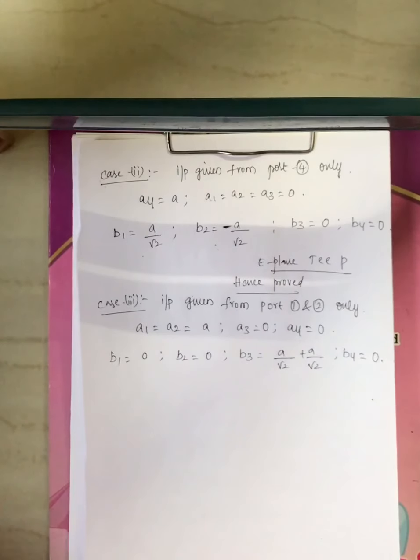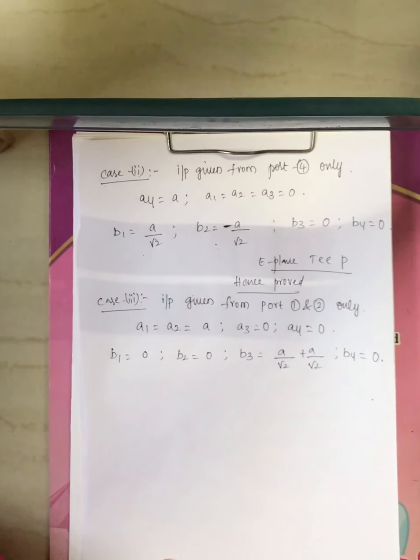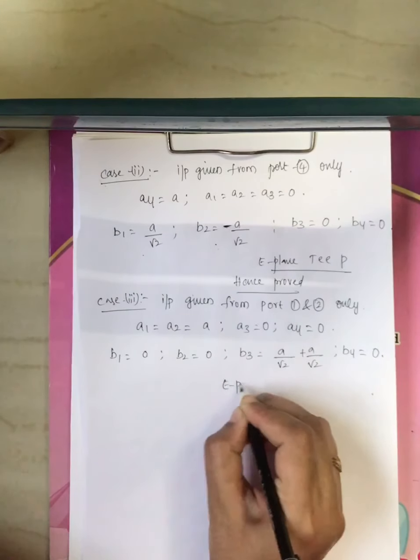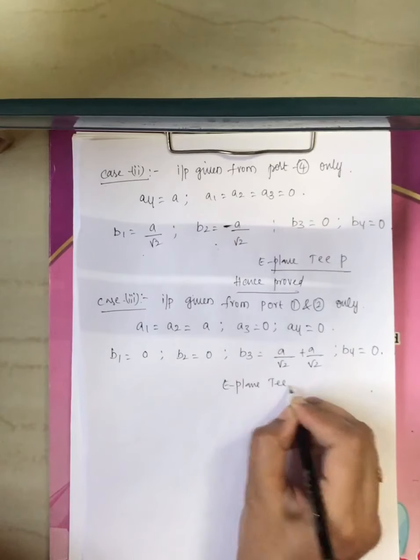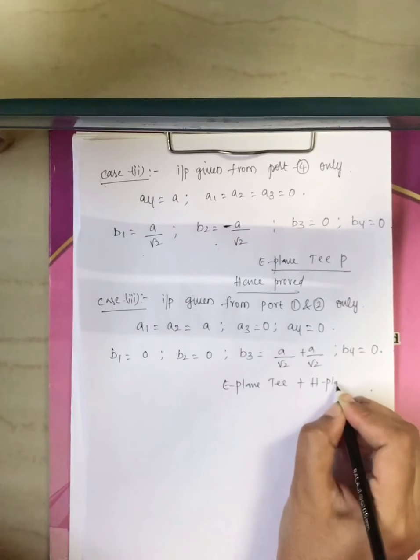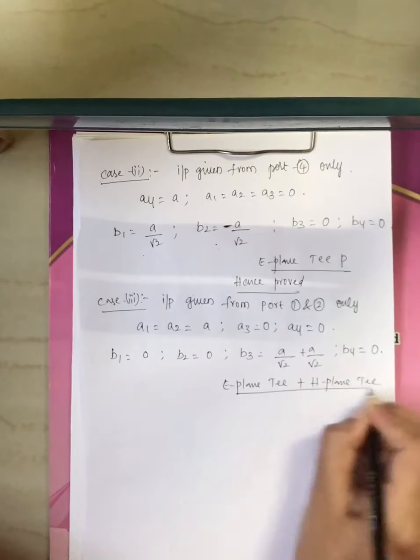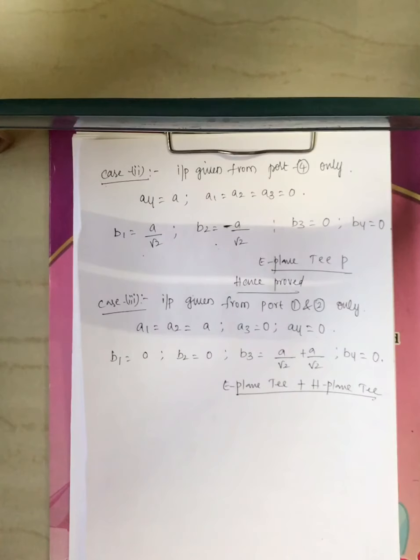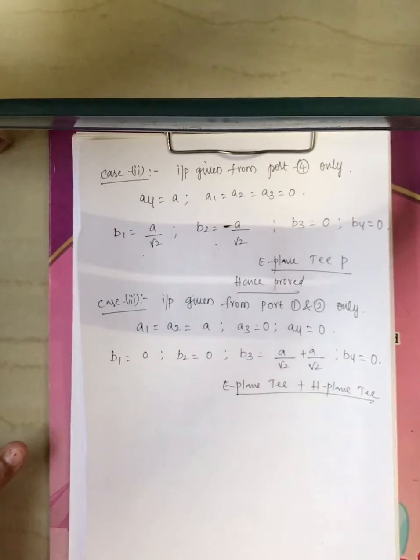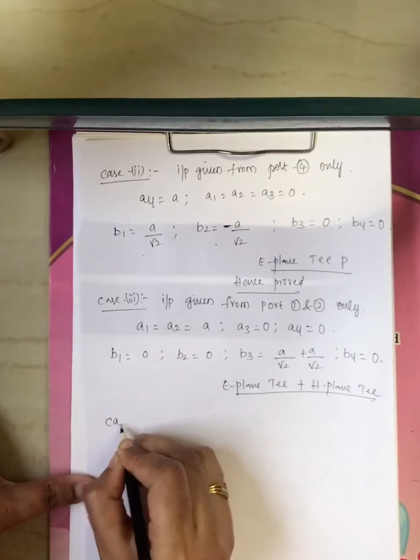If I give input power from port 1 and port 2, addition of those two input powers will result at your H-arm, and subtraction of those two input powers will result at your E-arm, right? This is nothing but the combination of the E-plane T and H-plane T properties. We have proved both the E-plane T property and the H-plane T property, hence the matrix that we got is correct, right? Now why is it called magic T? Now let me say. Now coming to case 4.